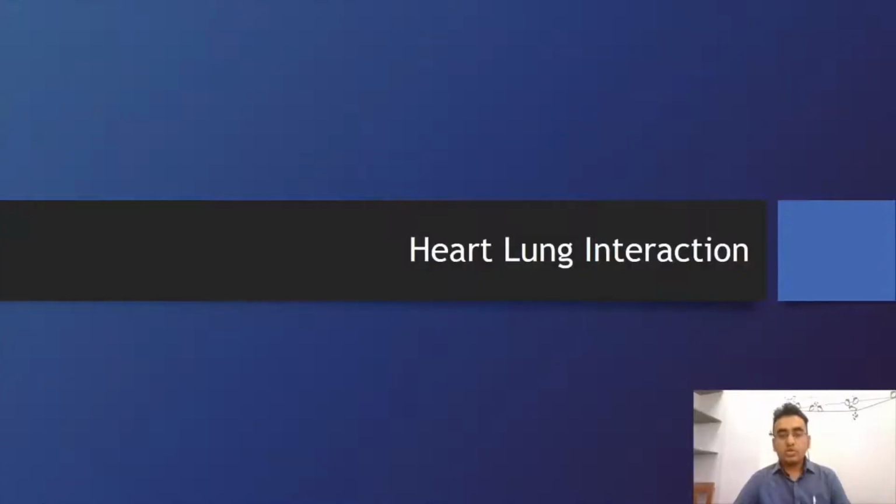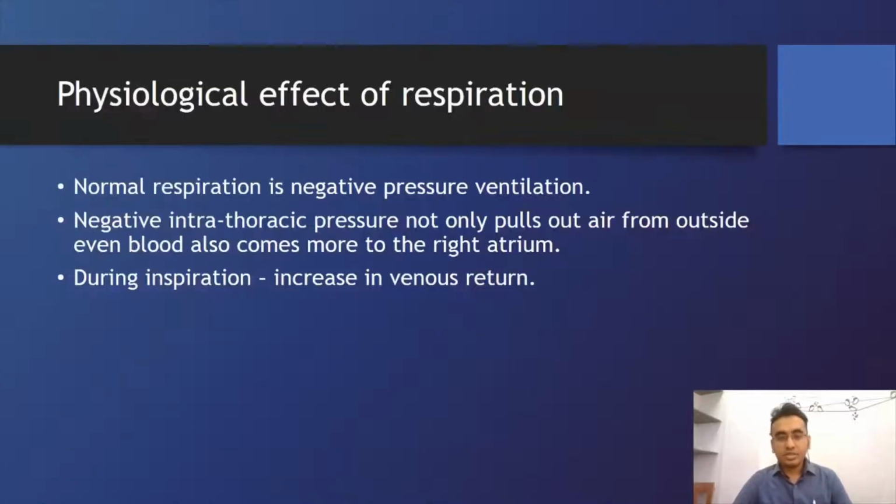So what is their role in mechanical ventilation? And today we'll be learning about the heart-lung interactions. Okay. So when we talk about the heart-lung interactions, we'll discuss what is the normal physiological effect of